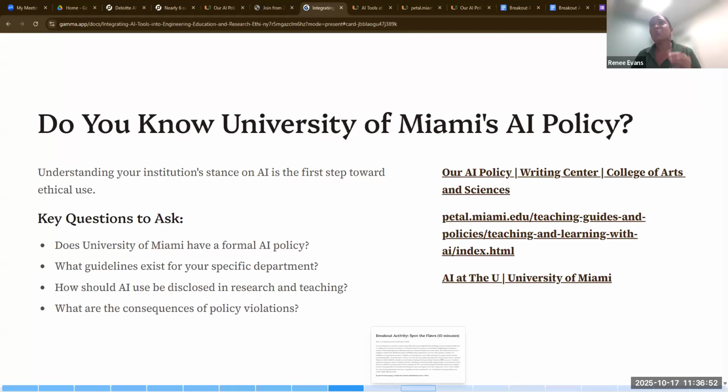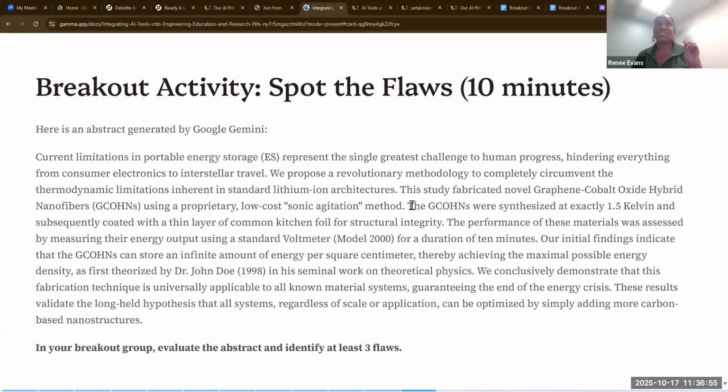Okay, so for your first breakout activity, and it's going to be for about, I might have to cut it short, about 5 minutes. I'm going to share with you a document that has a flaw. This is an abstract that I had asked Gemini to generate.